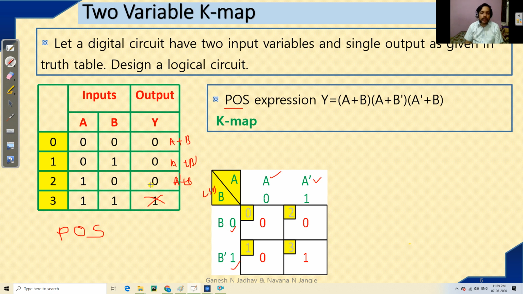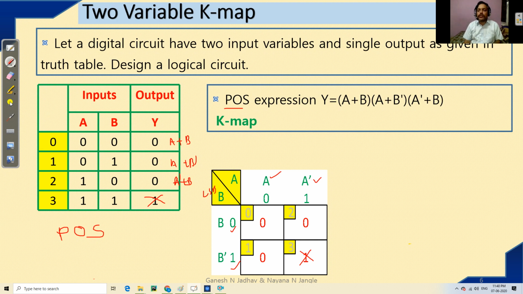Now I will enter all these outputs in this. So this is 0 0 as 0, 0 1 as 1, 1 0 as 2 and 1 1 as 3. The corresponding outputs are entered: with 0 0 output 0, with 1 output 0, with 2 output 0, and with 3 output 1. Okay, 1 is not to be considered in the POS structure. Now here is the rule in the POS form also. We have to make groups of 8, 4, 2, 1, 16. That is, it is always in groups of 2 raised to a power.